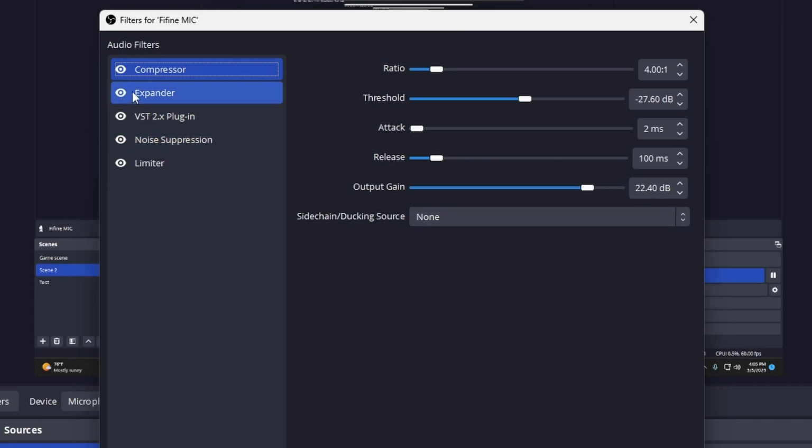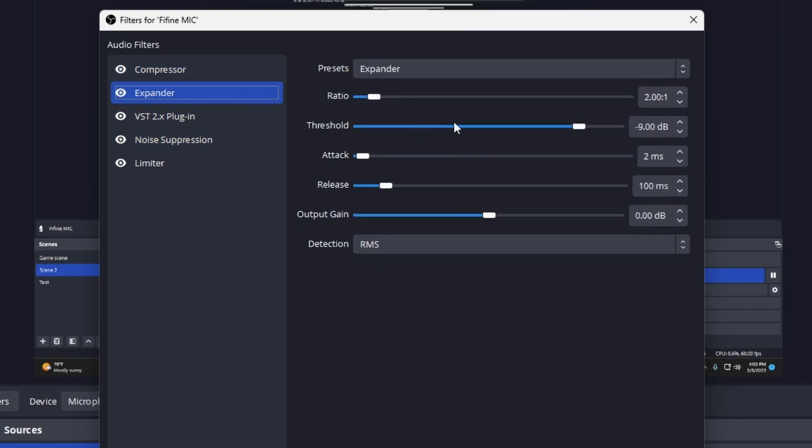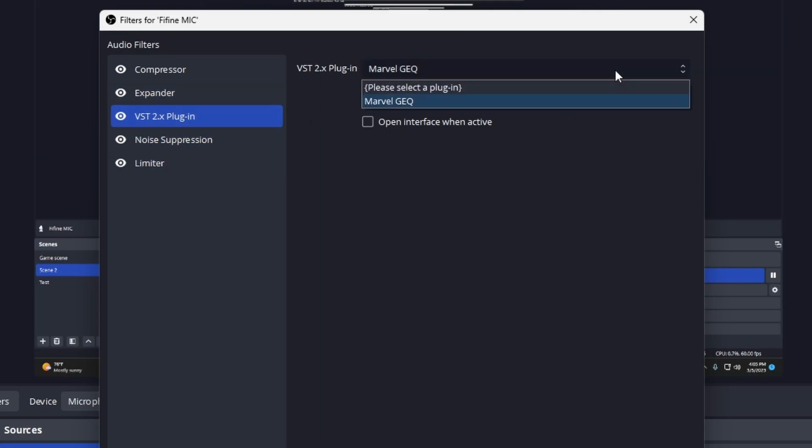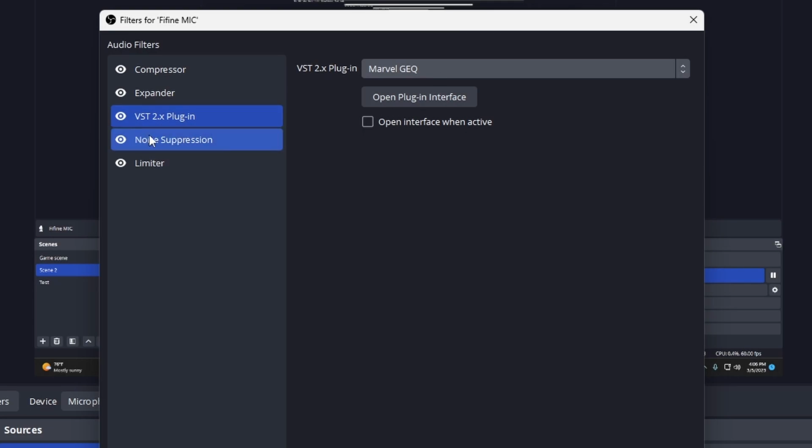Decibels. There you go. Expander, as far as around 2. Threshold, -9. 2 for attack. Release, 100 milliseconds. And then output gain at 0. As far as my VST plugin, I'm just using this. So